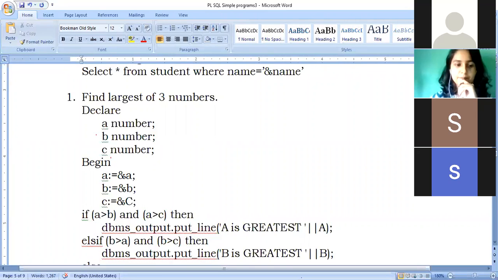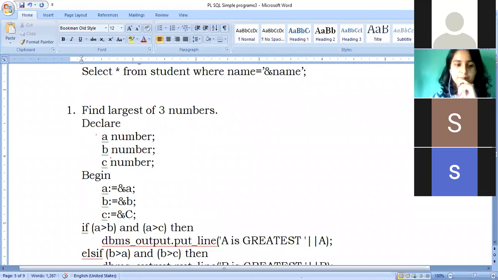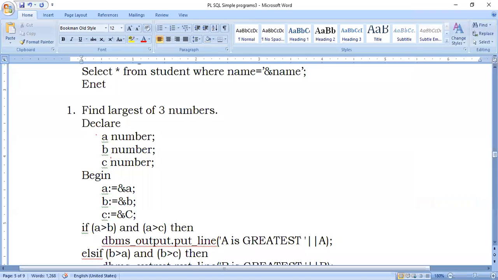Then how would this query get executed? Can you see what I'm typing? Yes, ma'am. Okay. So if I execute this query in a database, it will run like this. Whatever variable I have prefixed with ampersand, the DBMS will ask me something like this.